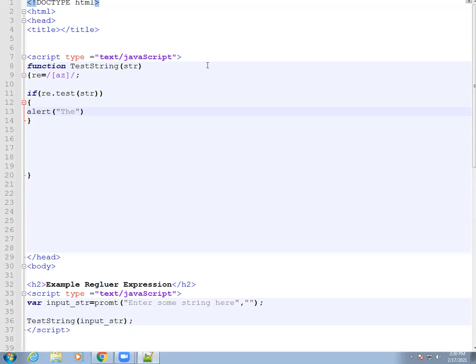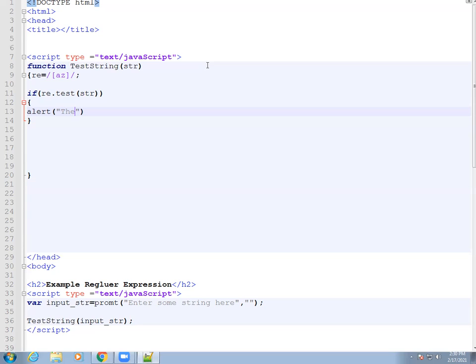So you can see we accept some input string using a prompt pop-up box, and whatever input string is entered by the user, it's stored in that variable. Correct. Second thing, this string is passed to the testing function, which I accepted here from the user, and then that string will be passed to that function.